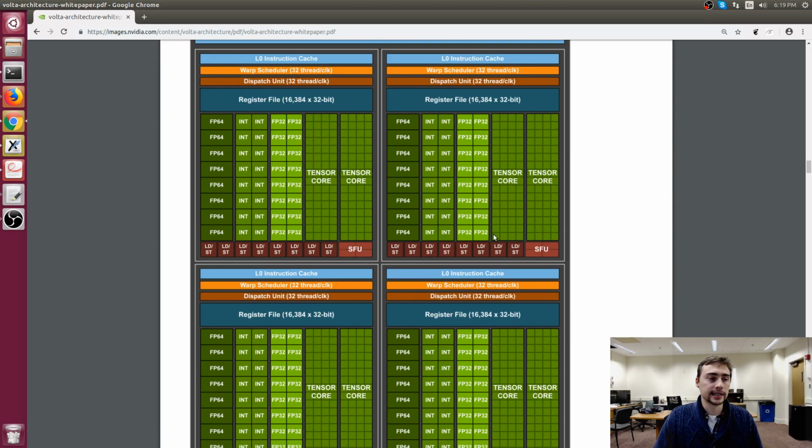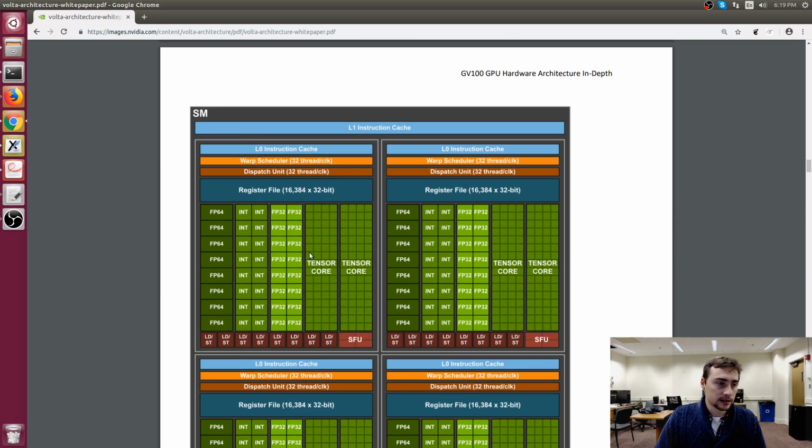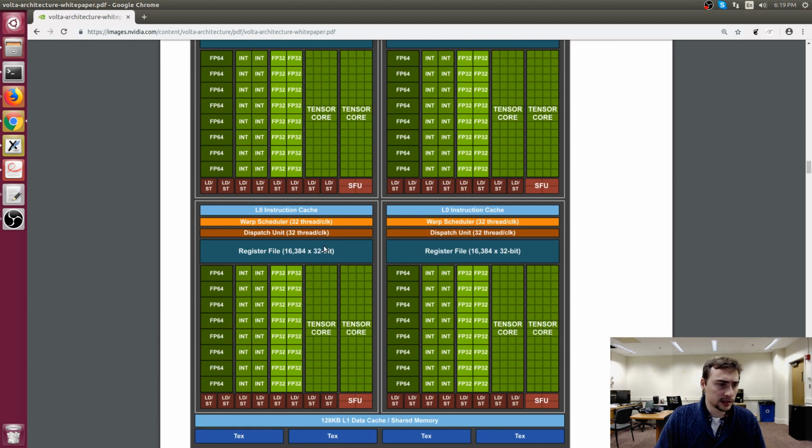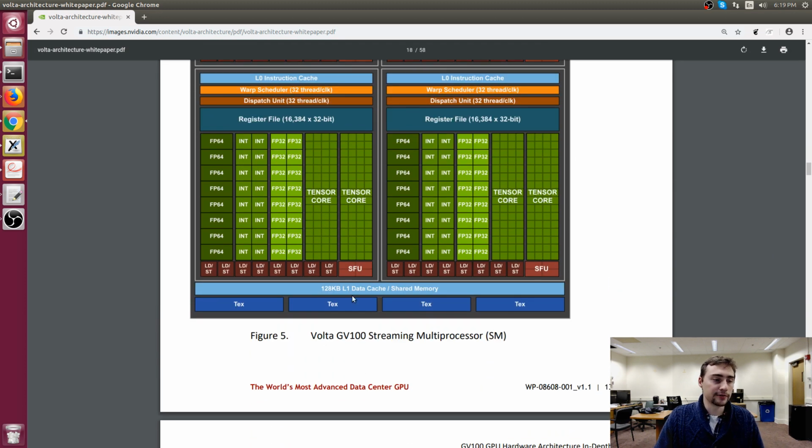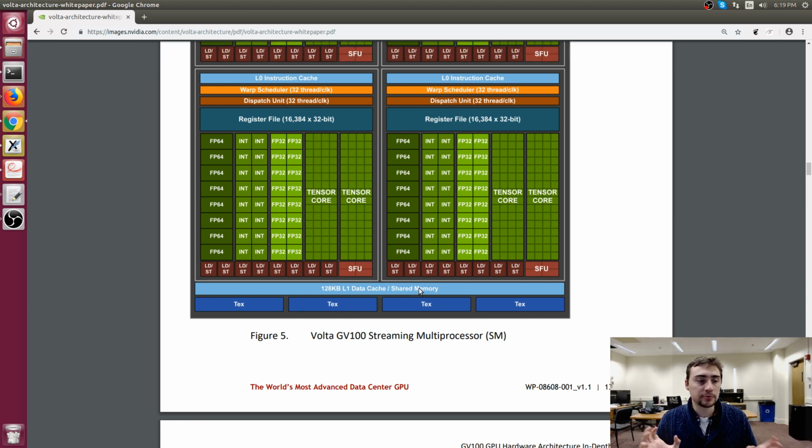Yeah, and there's the... where is it? Is it on here? Oh, here we go. So we have this 128K L1 data cache and shared memory. So in Volta architecture, these things are unified, which means they share the same physical memory. So you have the regular L1 cache that is hardware managed, so you don't touch it at all, and then you have the user managed L1 cache with